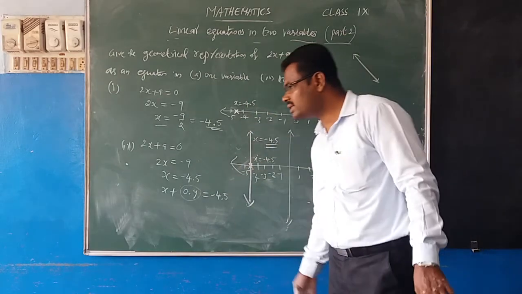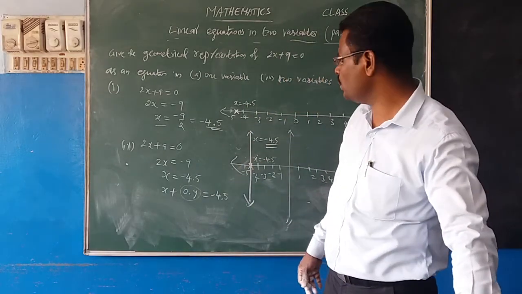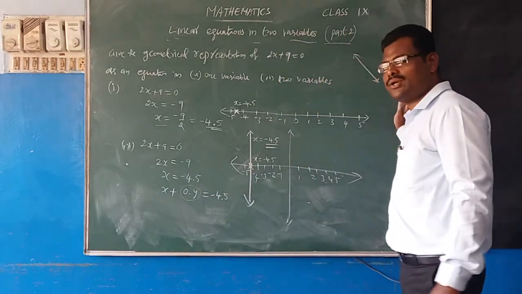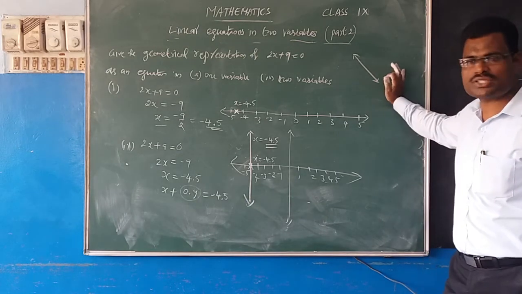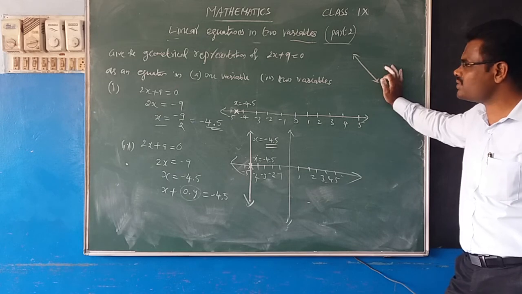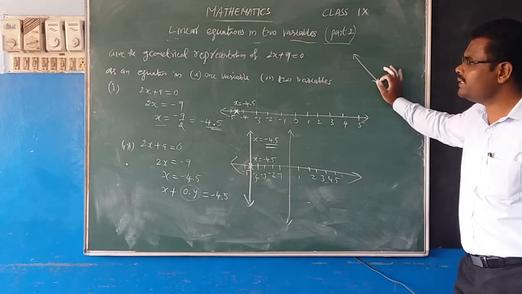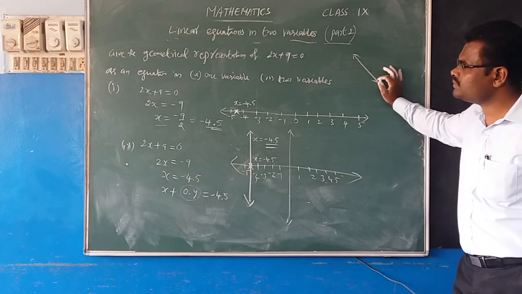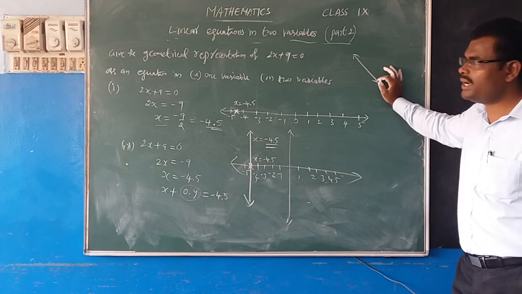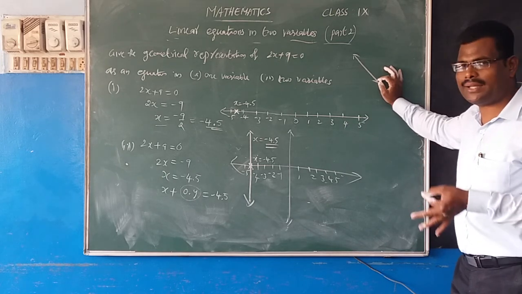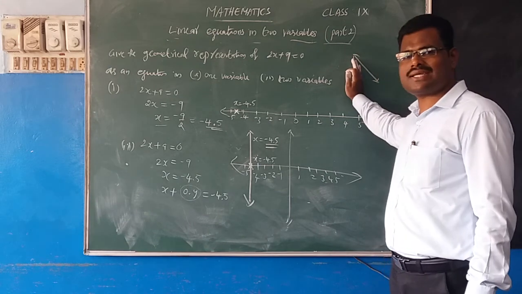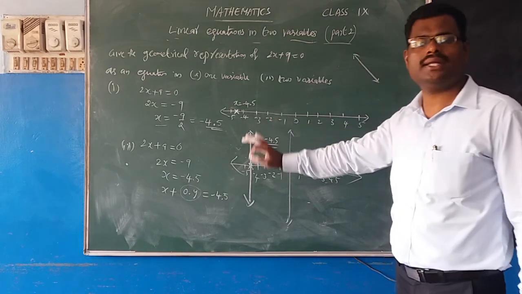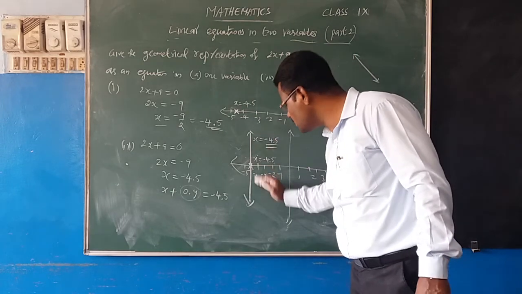Like this, 2 or 3 problems can be seen in the exercise problem. Try to solve this. So these two chapters will be for your examination. First chapter is what I have studied before this, that is coordinate geometry. Coordinate geometry and linear equations in two variables will be for your FA3 examination. I hope you have understood this concept. This is very easy. How to draw the graph? It is one variable. This is two variables.